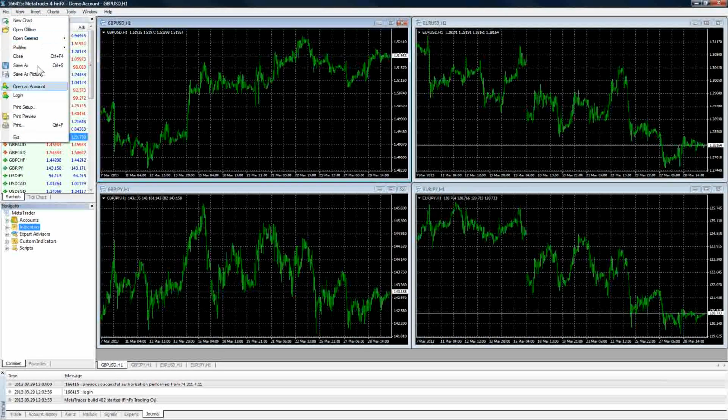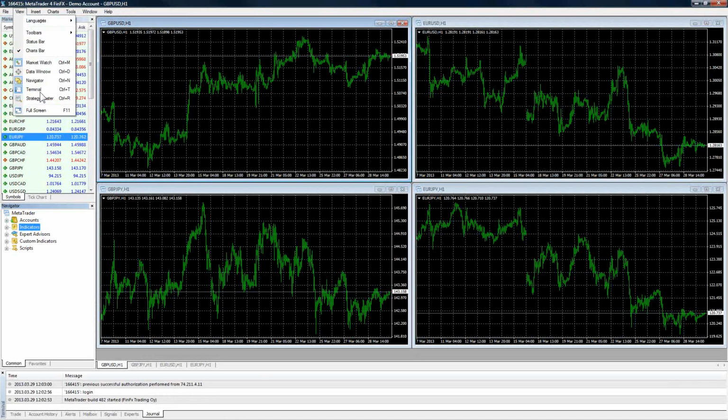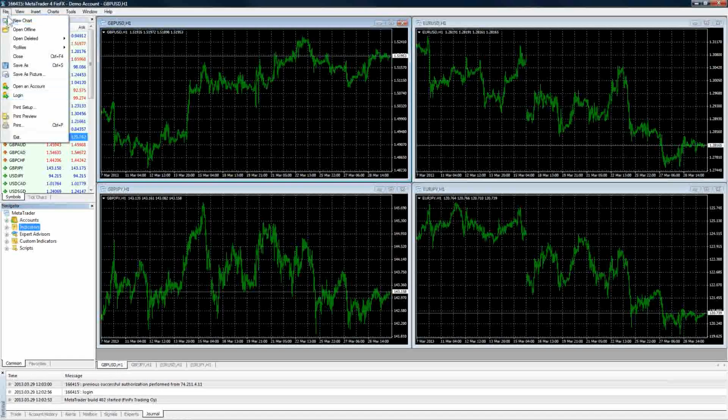Open, deleted. You can go through and access just about everything in your little context menu here. You can open an account if you've already got a demo account that you've been trading and you decide, you know what, I really like this broker. Everything seems to be on the up and up. You can go in and open a live account. It's going to give you the directions and the step-by-step chance to open things up there. You can print things, and you can obviously close the chart altogether.